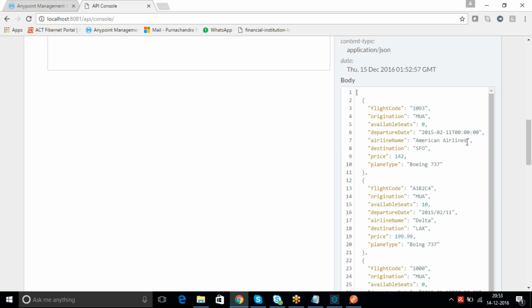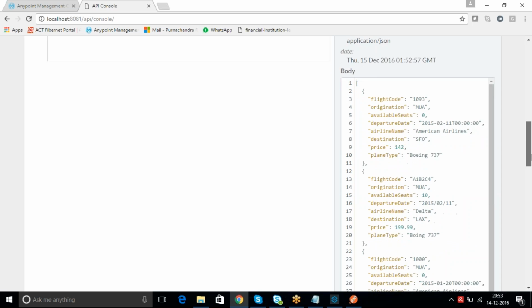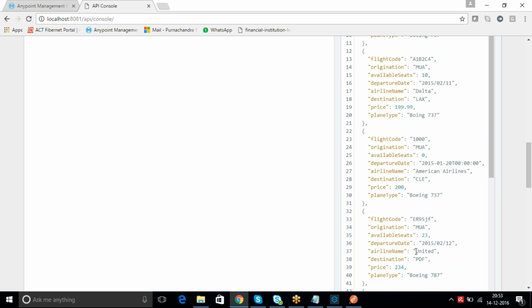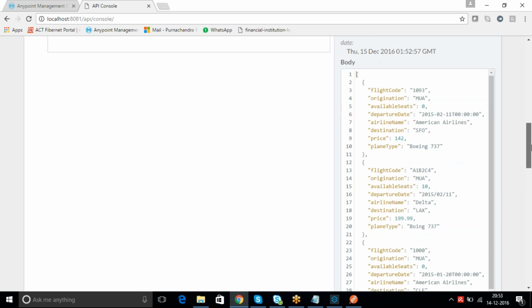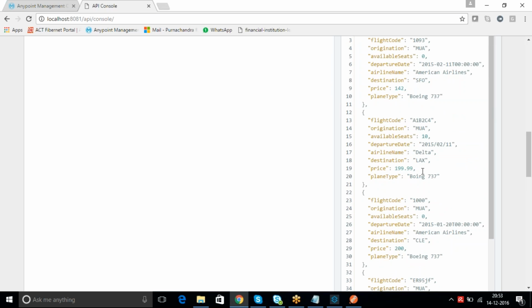So if you see that, American Airlines and then Delta and then United. So it clubbed all these and then you got the response back. And also if you see that we implemented sorting, right? So price, sort by price. So that is also coming